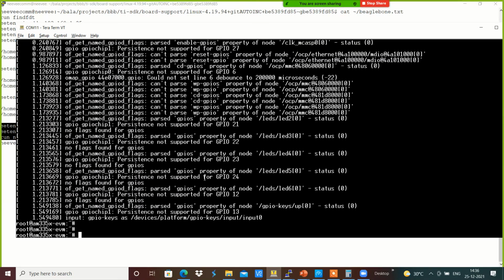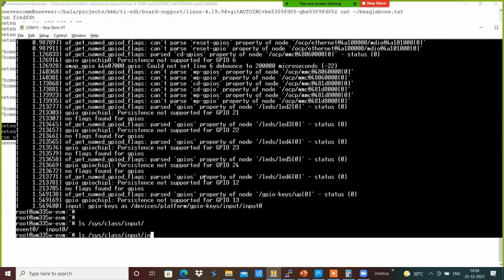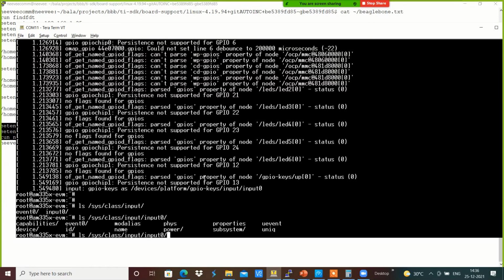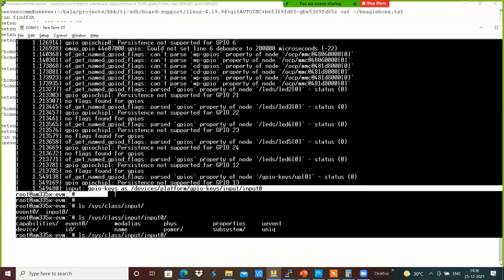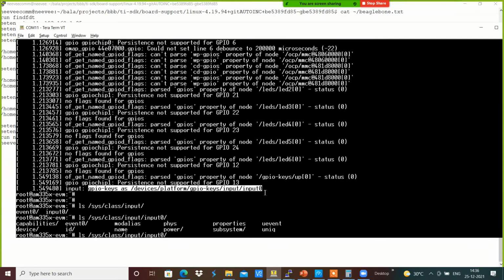Yeah, now we got that created in sys/class/input. We have the input0, which has been created as a GPIO key, created with the help of, for example, the gpio-keys up node has been parsed and it has been created like a GPIO keys input device in the system accordingly.